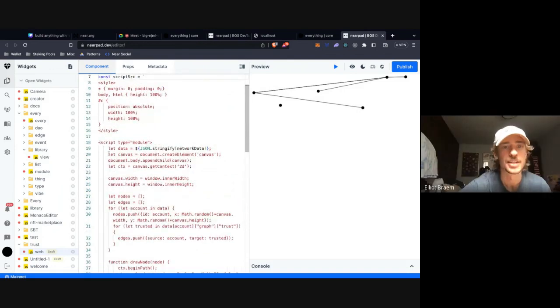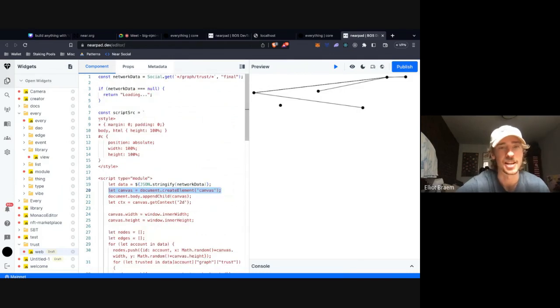Well, it's because you're creating the canvas element rather than accessing it, because it's happening inside of an iframe, so you have to create the canvas element. Okay. But that's actually really cool.